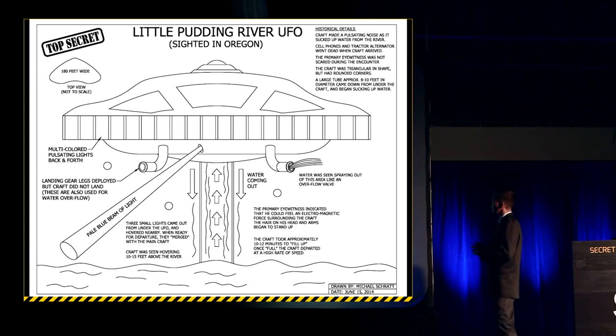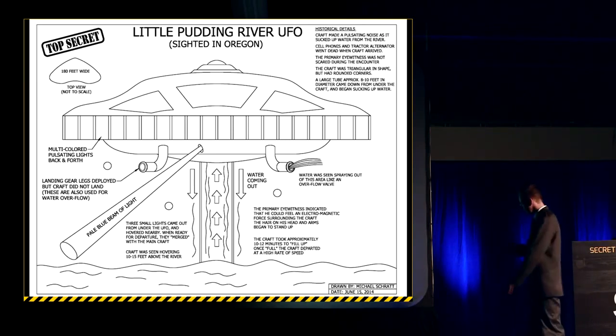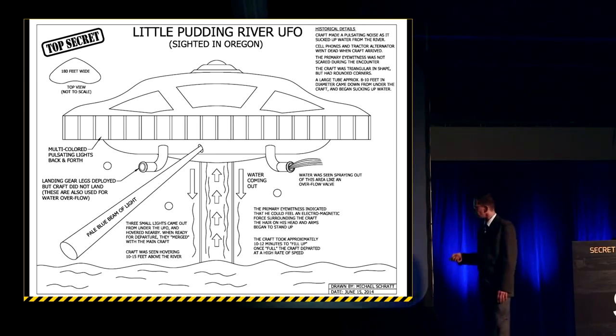UFOs. We don't have a date, but we know the location was Oregon. According to this eyewitness, this particular craft was about 180 feet across, a large triangular-shaped craft with these rounded corners in this location here. According to the eyewitness, this particular craft parked itself, hovered about 20 feet above the river, the Little Pudding River in Oregon, and then it started dropping down this 8 to 10 foot diameter metallic tube, went right into the river, started sucking up this water, and then he noticed that right next to this tube, water